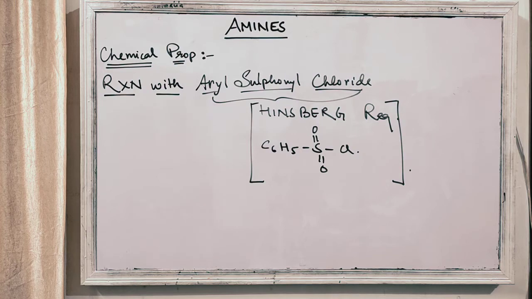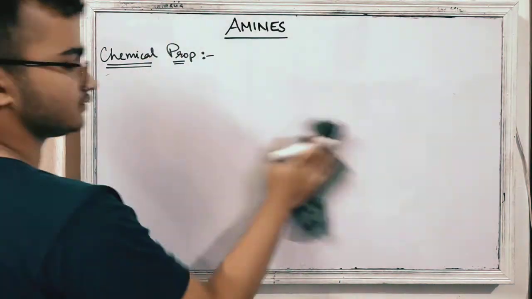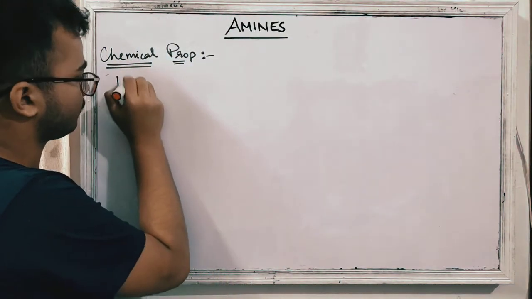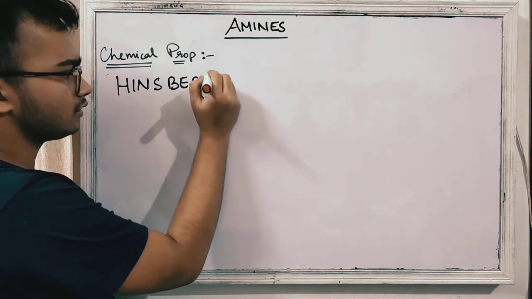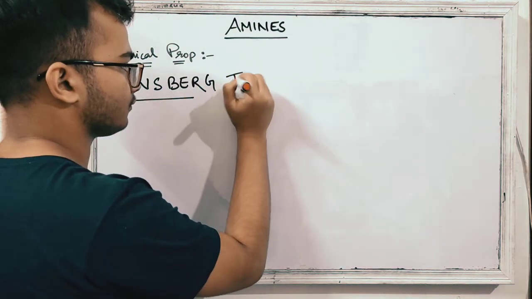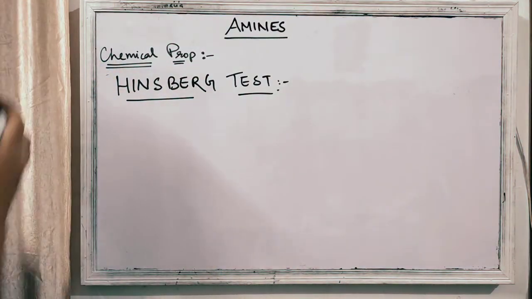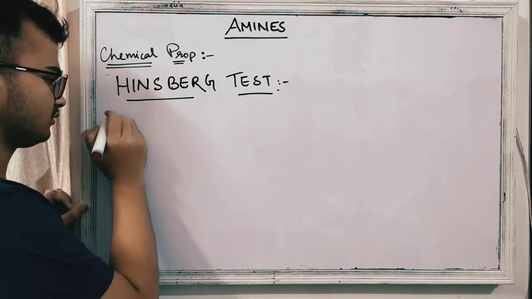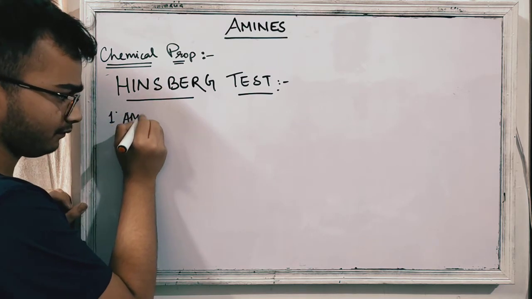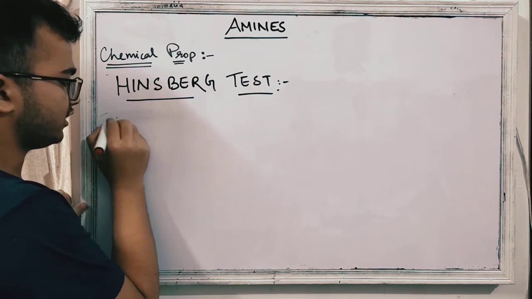We are going to learn about the Hinsberg test. So let's make some space. Give heading Hinsberg test. Clear? So what happens in the Hinsberg test? We take any amine. Let us assume primary amine in the first case. So 1 degree amine. Okay, so